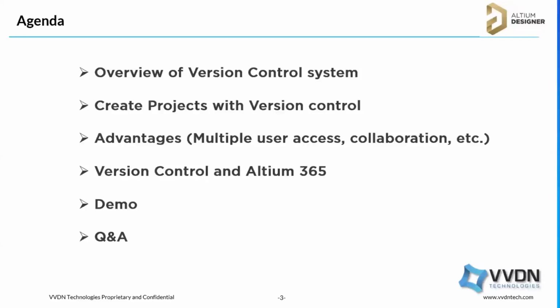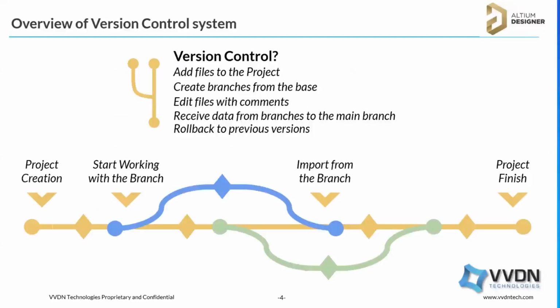Okay. So the first topic is the overview of version control system. What is a version control system? It is a way to store all the versions of edited documents or files. For example, if you are working on a schematic document or PCB or project and have done some big changes, it's a habit that we save the file with a different name, like PCB_1, PCB_2, PCB_3. Whether big changes or small changes, we rename the file with a different version.